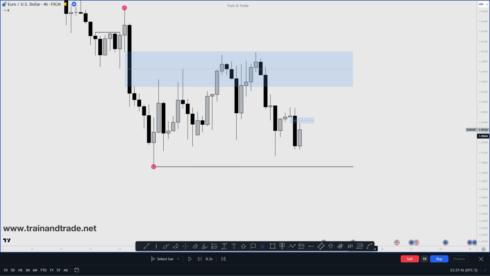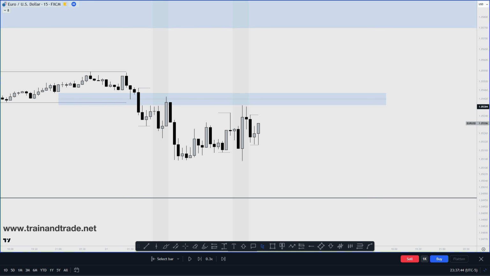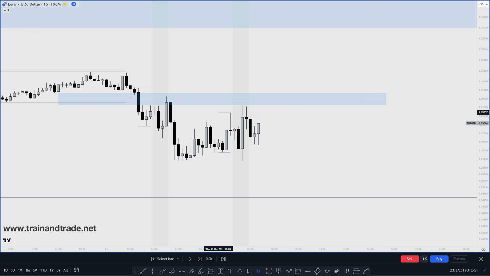So let's go ahead and go on the M15. Now in this example, we have that 4-hour fair value gap that's present. So this right here indicates, and I'm going to show you guys the time window, this right here is from 7 o'clock to 8 o'clock. So we actually had the golden hour during the New York session. Now a big part of the golden hour, as you guys can see, right inside this time window, we form a specific swing low.